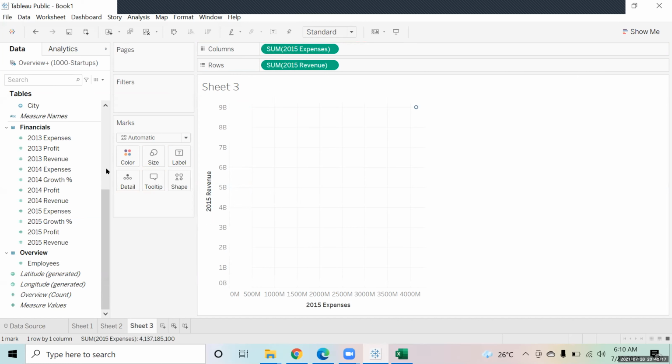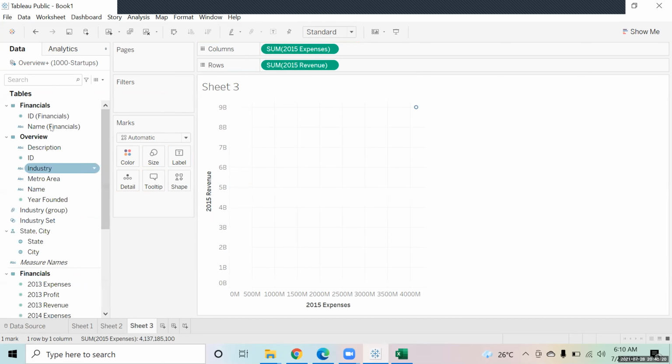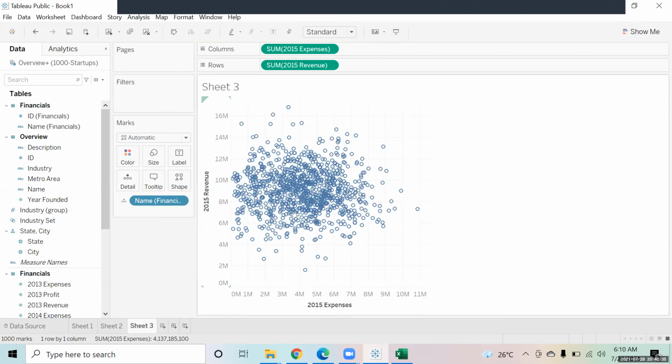Right? So I put all the 1000 startups that I have on the, maybe let's not put IDs, let's put name in the detail. So this is where I can see all the 1000 startups.